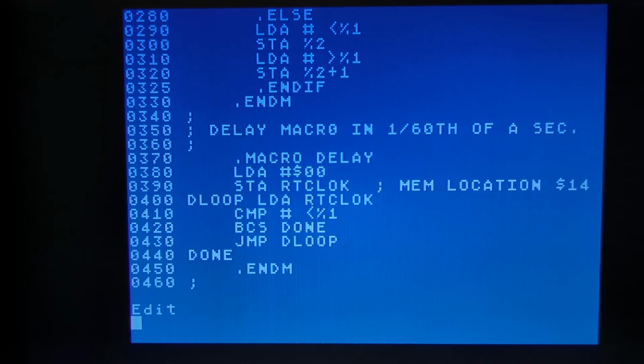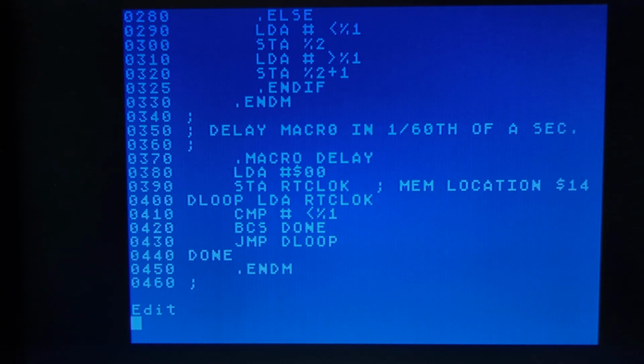What I want to do tonight is write a graphics macro, but instead of making it a subroutine, I'm going to make it a macro that will mimic the graphics command in BASIC or Action, and